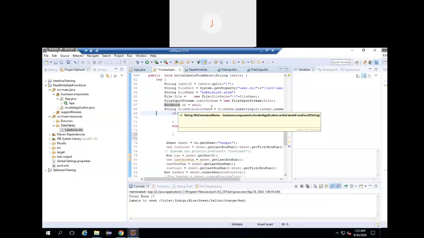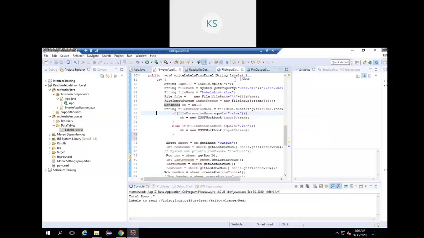We have to create the connection, file stream, when I'm writing data and reading data. Your voice is breaking, Kishan. Could you please type in the chat box? Okay.